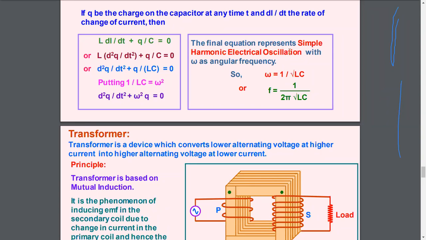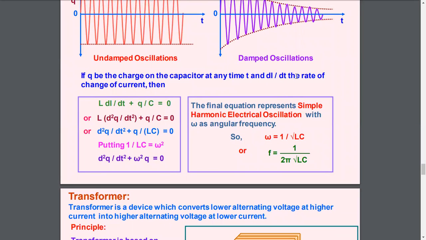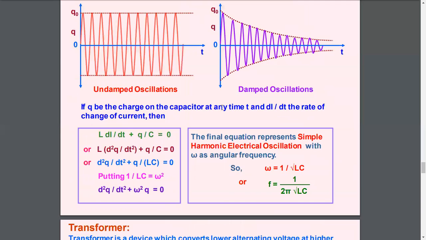So the final equation represents a simple harmonic equation, or represents oscillation, simple harmonic motion of the oscillations, with omega as angular frequency, where omega equals 1 upon root under LC, and linear frequency equals 1 upon 2 pi into root under LC. So we have learned about LC oscillation and damped oscillation, and you know well that if we minimize the resistance